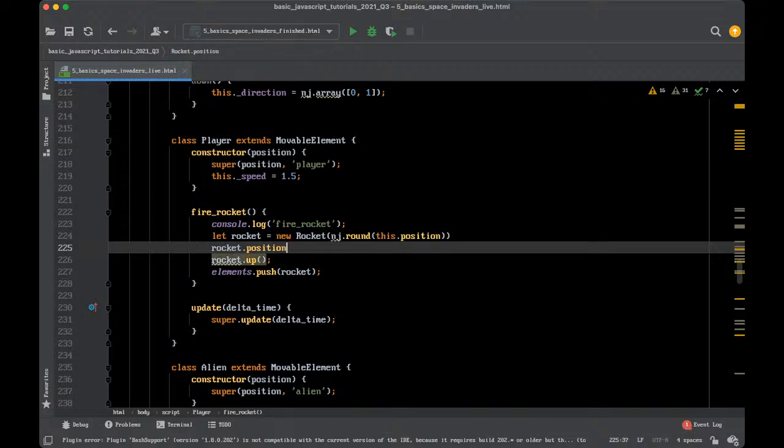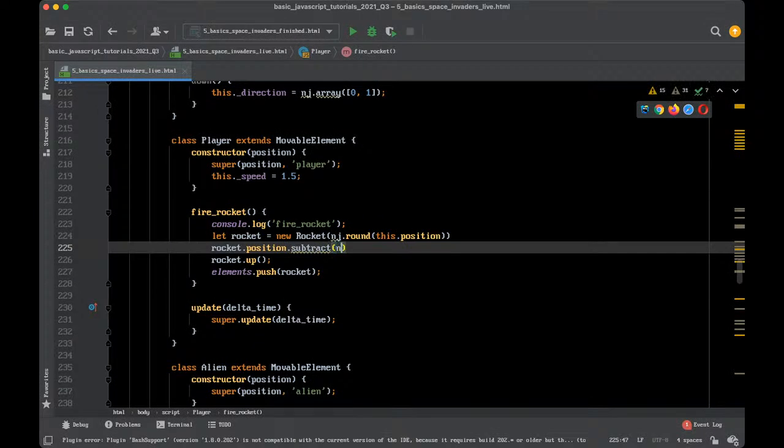Position minus, I think there was that kind of function there. Let me check the Numjs library, scientific computing library for JavaScript. Sounds about right. Subtract. Sorry, there is a subtract. Okay. So subtract